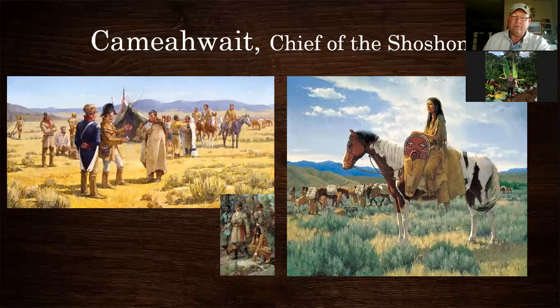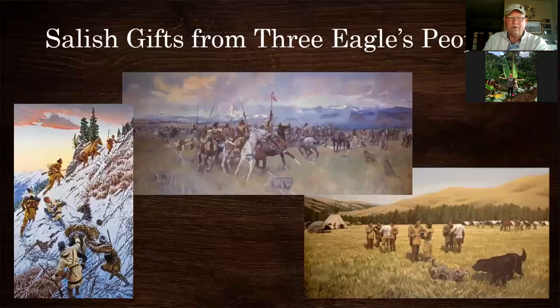And so when they marched out of the Shoshone camps in today's Lemhi Valley of Idaho, they left with approximately 30 horses, which was almost enough. They got all their gear loaded, but they really were taxing their horses and probably needed a few more along the way. Then they go up this